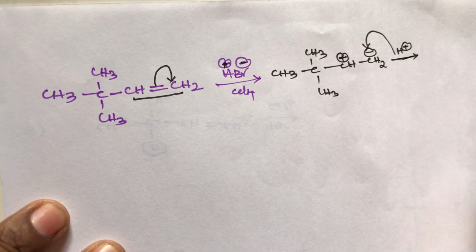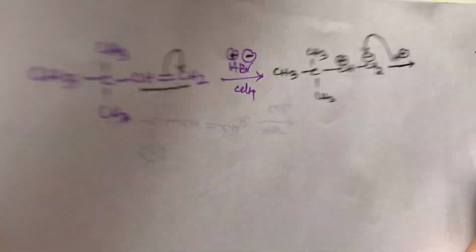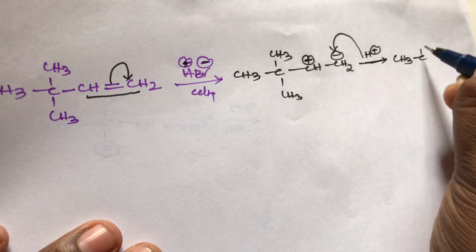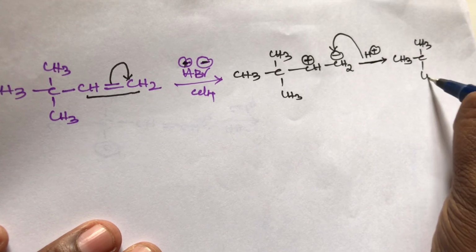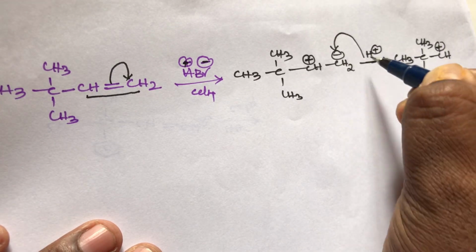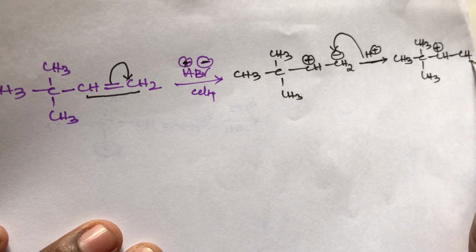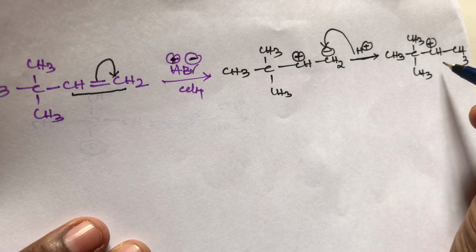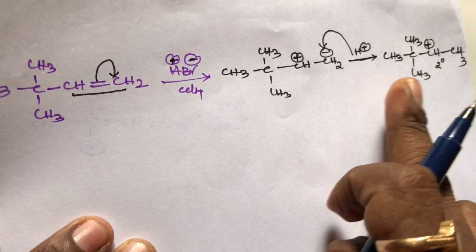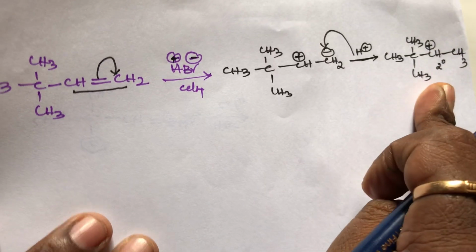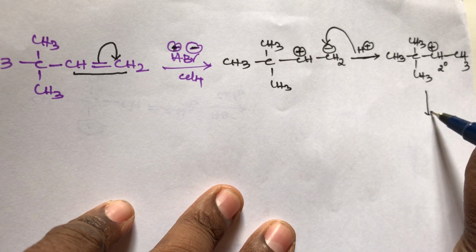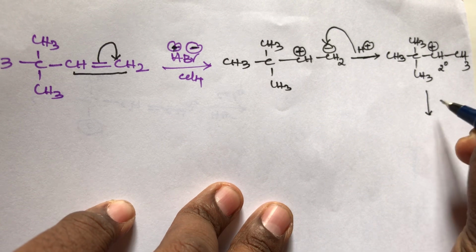We can write the product as CH3, CH3 and CH3, CH plus, then this CH2 minus is converted into CH3. It is the secondary carbocation, the intermediate carbocation. So this is the intermediate product. This secondary carbocation, after that, what to do, student, the next step, the third step, is